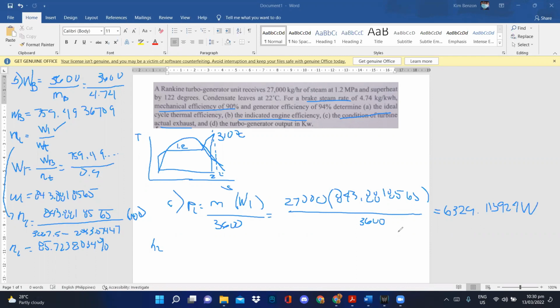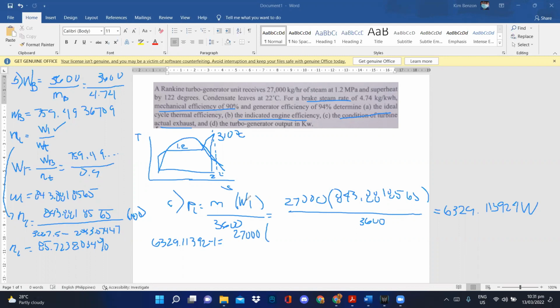Okay, and for you to be able to get the actual H na, kasi ito yung ideal natin. So itong indicated work natin dito sa turbine, yun yung papalitan na, yun yung itutulis natin ng H. So mangyayari will become 6329.113924 equals to 27,000